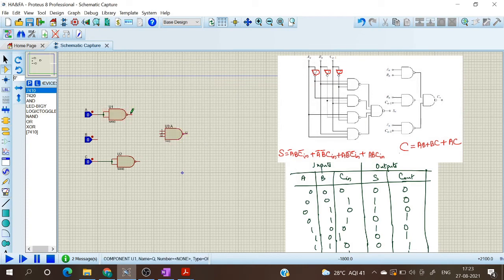And we can connect A bar, B and Cn bar as the inputs of this 3 input NAND gate. So this is A bar, this is B, and this is